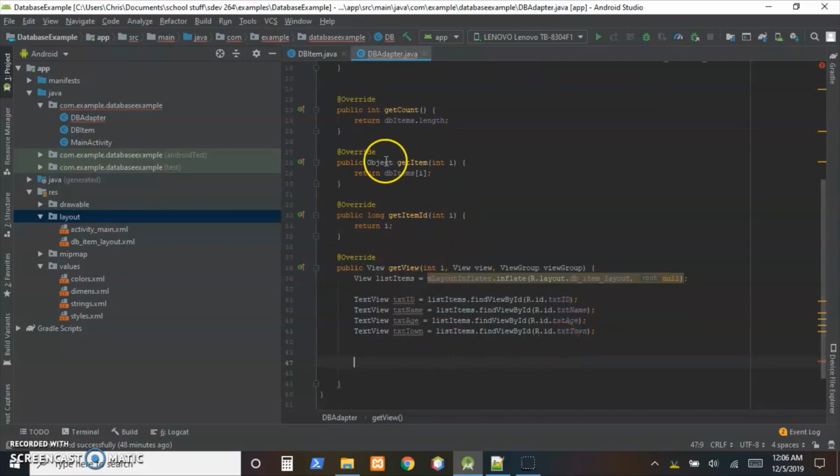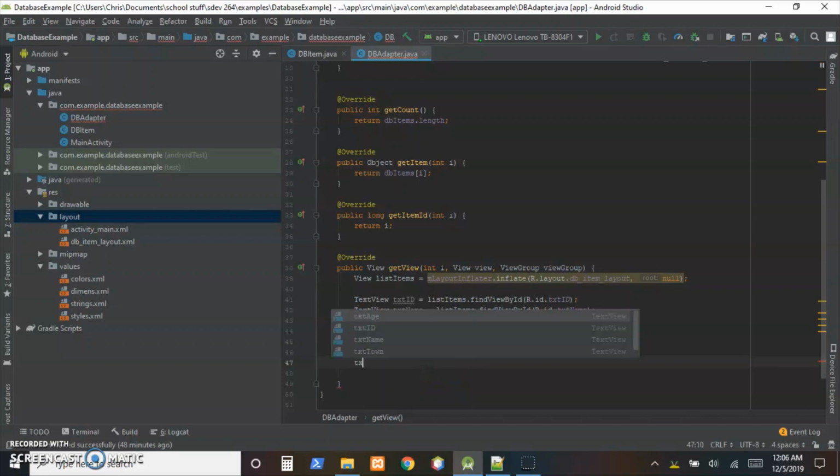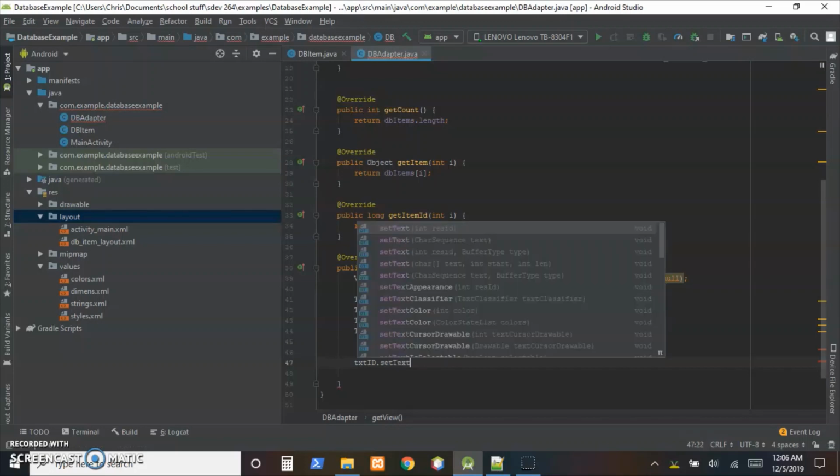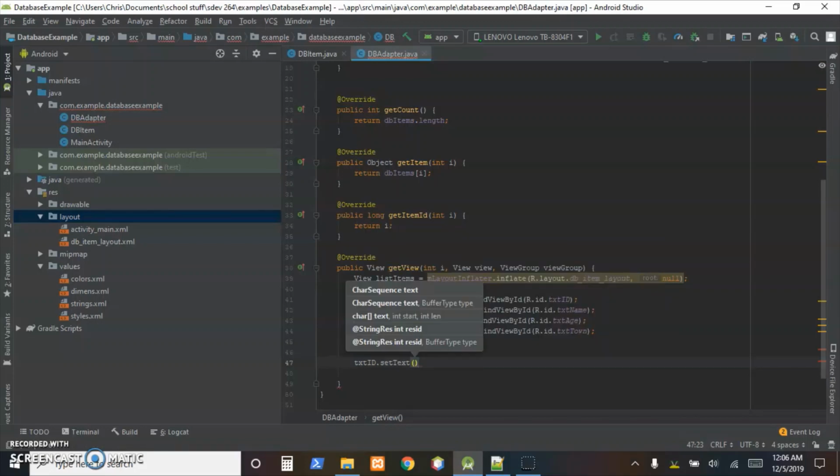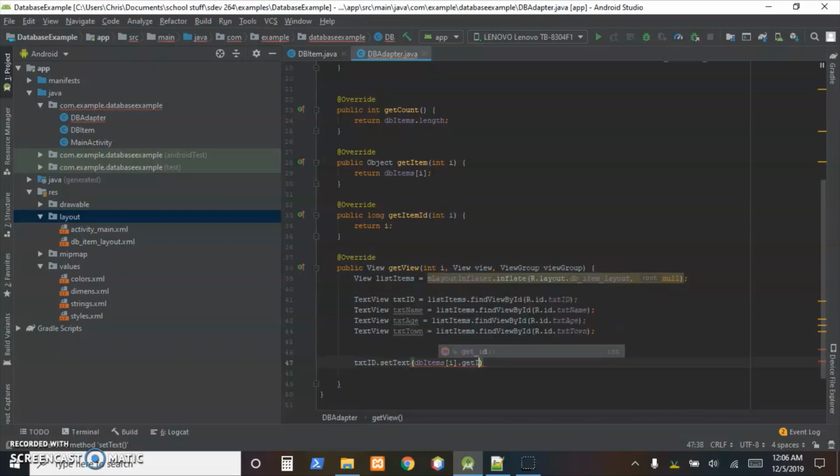And it'll do that over and over and over again until it goes all the way through the list. So we have textID.setText, and we want to set that to the dbItems index we're looking at .getID,